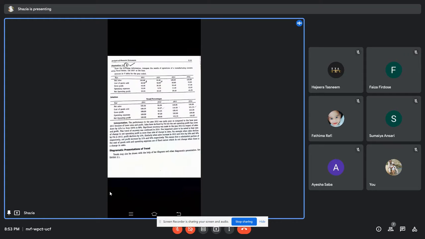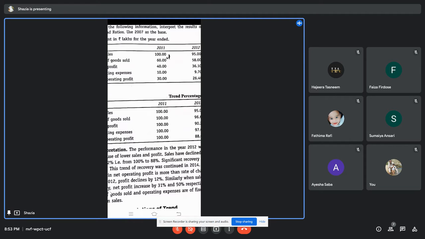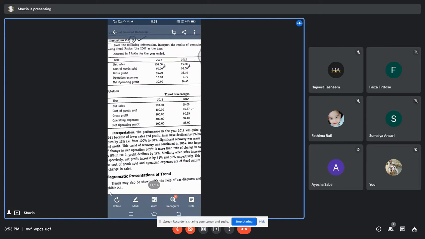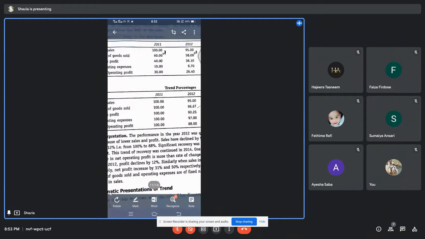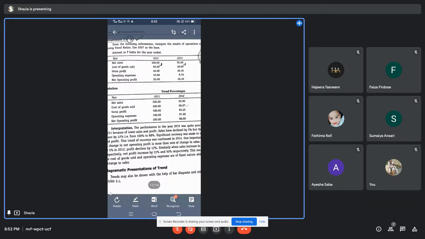So in a similar way, you have to take the gross profit also. Now what is the base year of gross profit? It is 40%. But when you're taking the answer, the initial base year will always give you 100%. Okay? So for operating expenses also, you should take 100%. Net operating profit also you should take 100%. But the percentage will keep changing for the next years. But you have to take this only as a base year. Now you have to take 40 as a base year. Keep dividing it with the rest of the years.